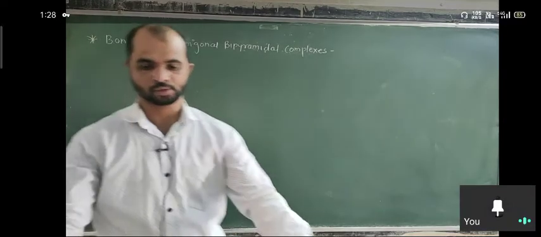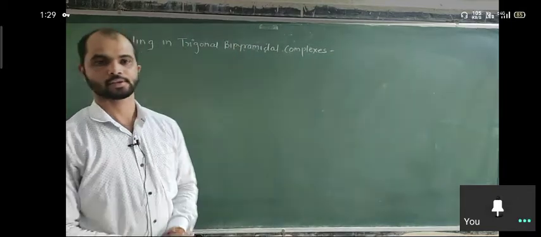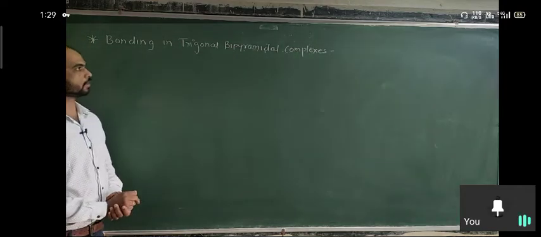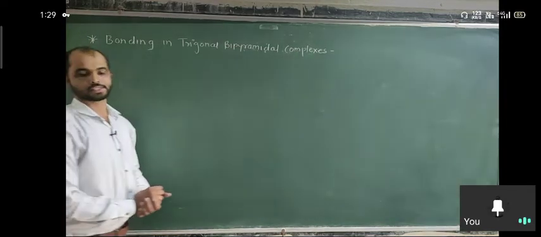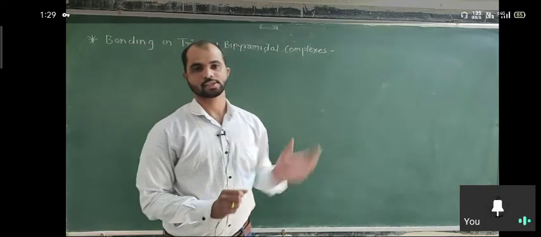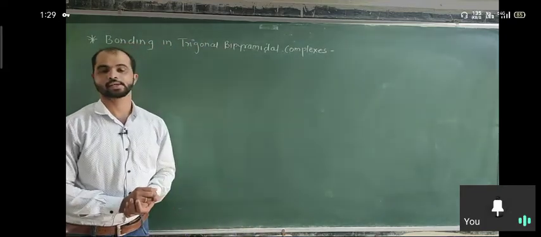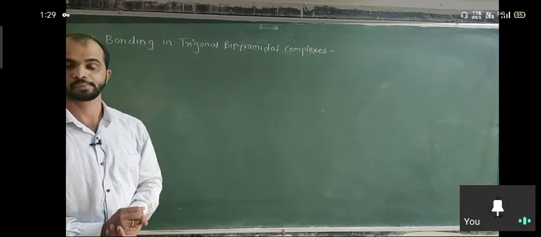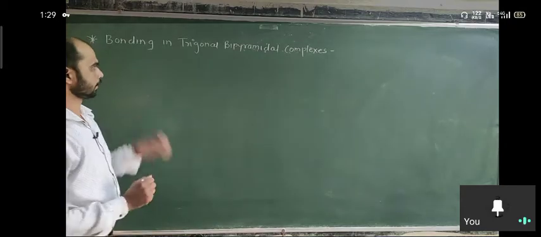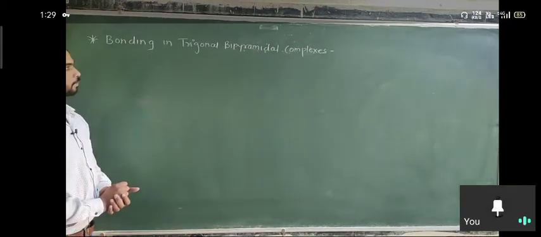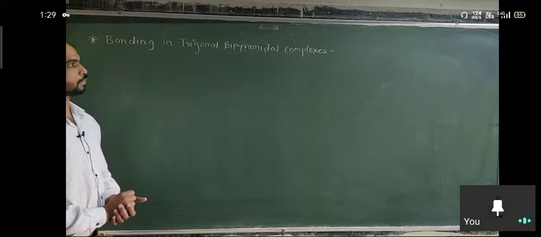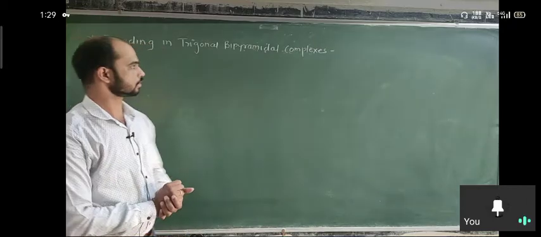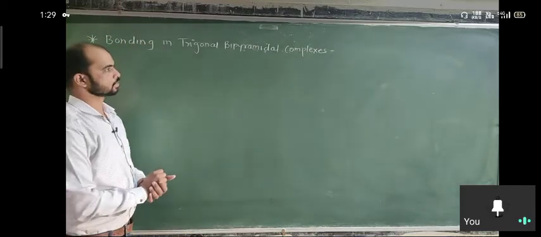Good afternoon. Today we are going to start another topic of valence bond theory: bonding in trigonal bipyramidal complexes. We already discussed tetrahedral complexes and square planar complexes, and how those complexes show bonding according to valence bond theory. Today we are going to discuss another type of complex, the trigonal bipyramidal complex. These are coordination number 5 complexes, meaning the complex contains 5 ligands, and they show